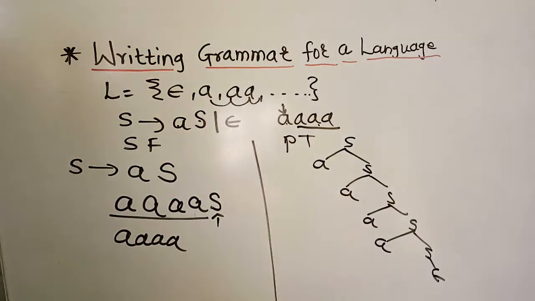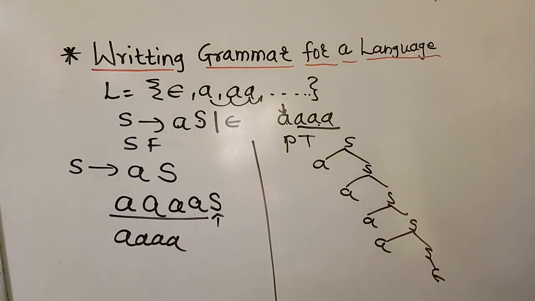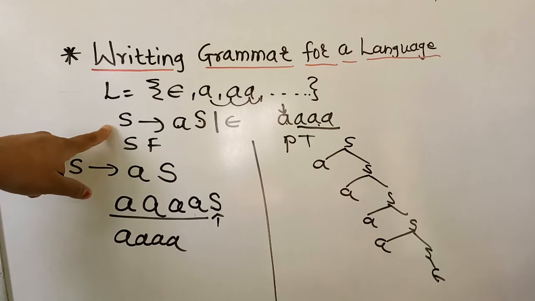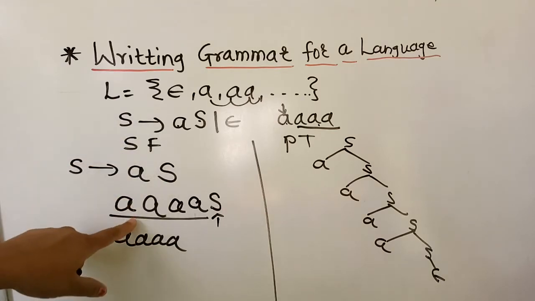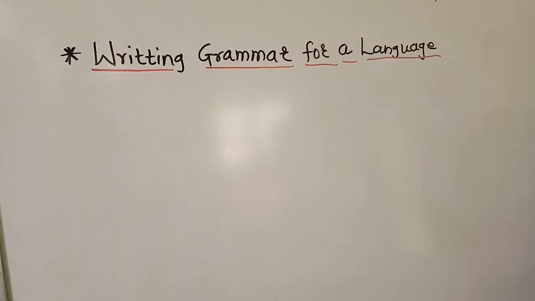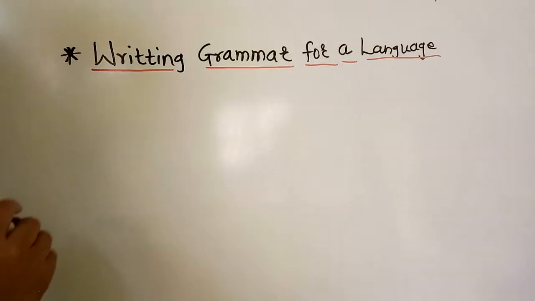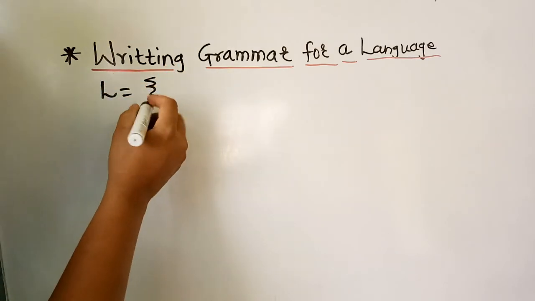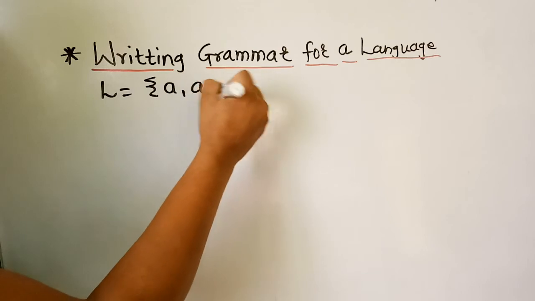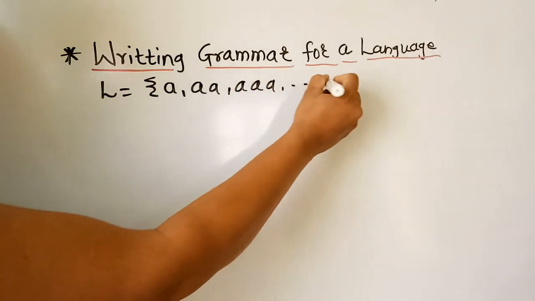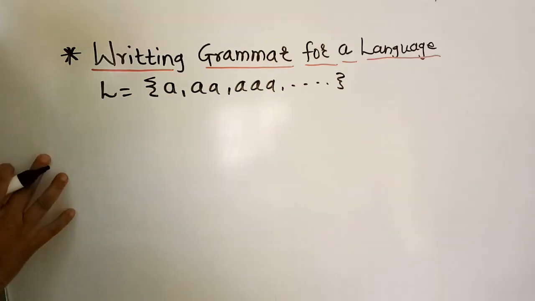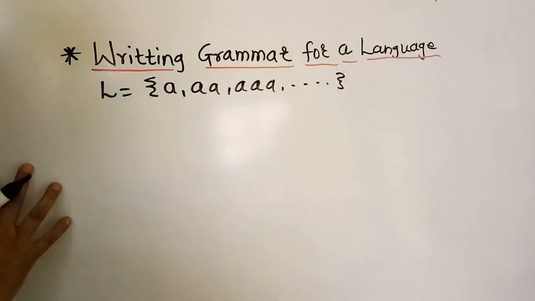Now, this is about the sentential form and parse tree form for the language for which we have generated the grammar and derived the string from it. Now we will take another language to prepare a grammar. For example, L is a language containing a set of different A's. Now, in the previous example, there was epsilon at the start, but here only A is there.